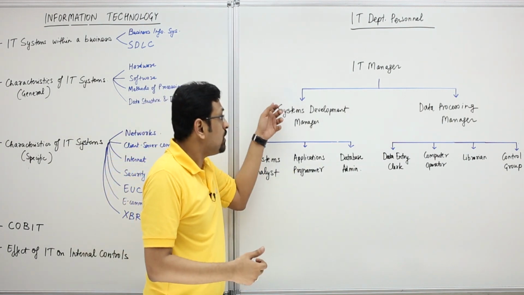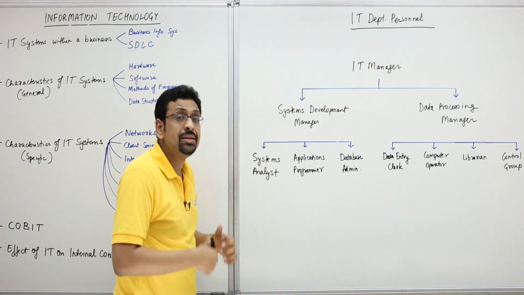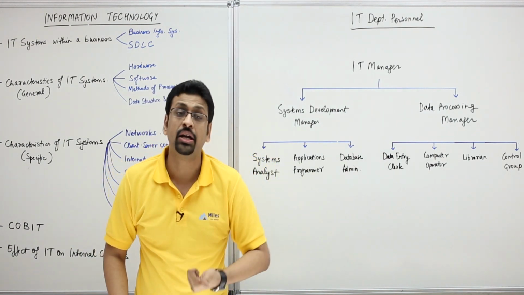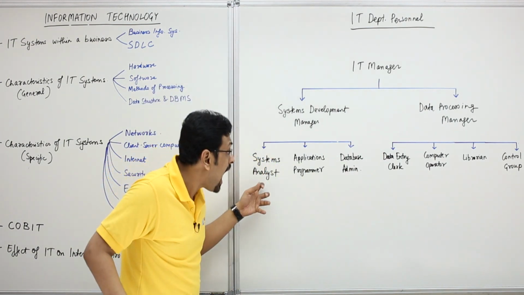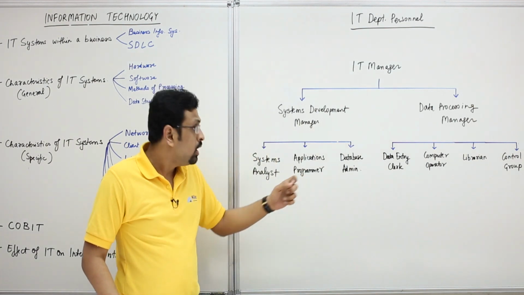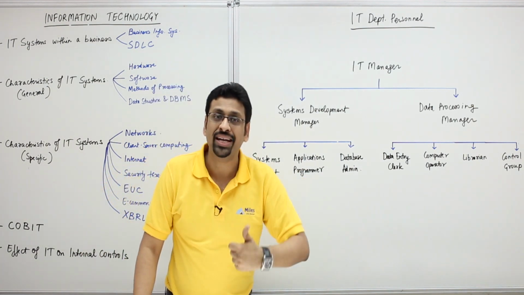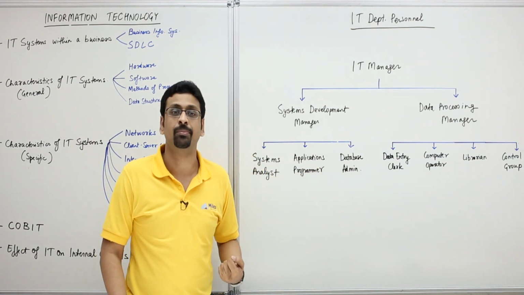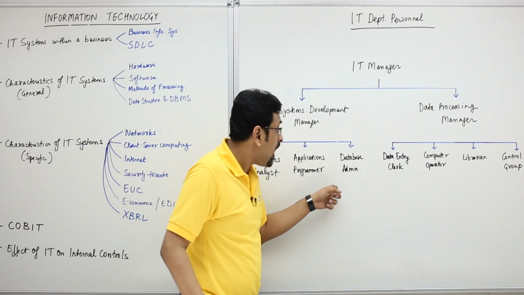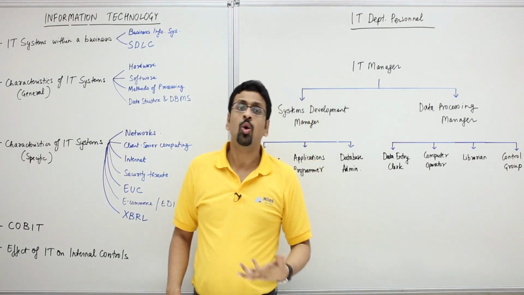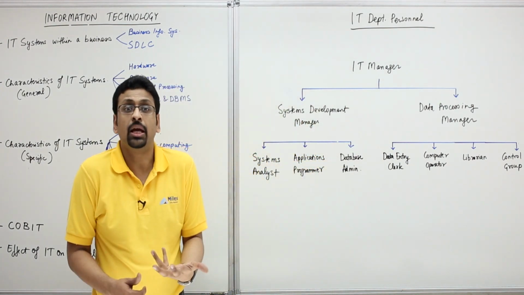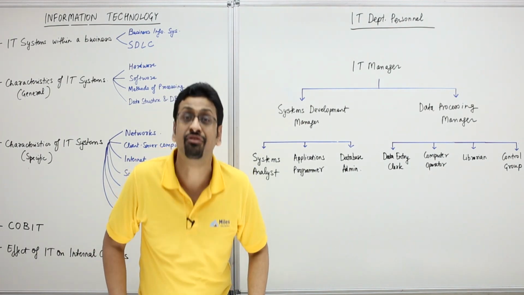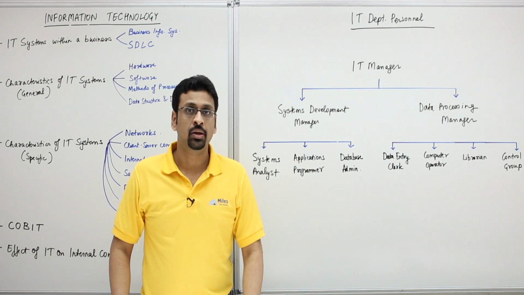So the systems development team includes a systems analyst who designs the IT system using systems flowchart and program specifications for application programmers. Now application programmers, they write, test and debug programs that will be used in the IT system. And then you also have a database administrator who plans and administers the database to ensure that only appropriate employees have access to the information on the database.